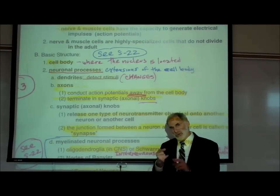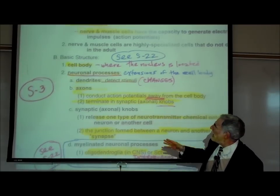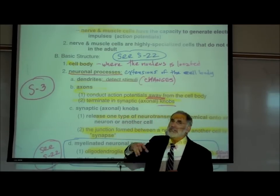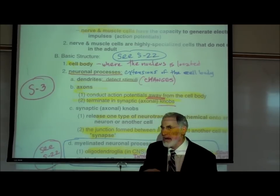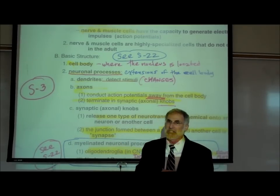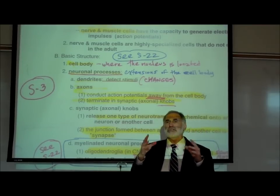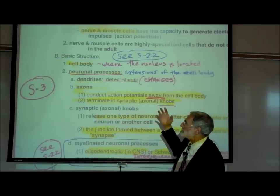That's the difference structurally. Functionally, the function of a dendrite is to detect stimuli. Now, a stimulus is an environmental change. So the dendrites detect various changes. The dendrites of some neurons are affected by temperature, so they are detecting changes in temperature. That's the stimulus that they are responding to. The dendrites of other neurons are responding to changes in touch, mechanical movement, so that's the stimulus or environmental change